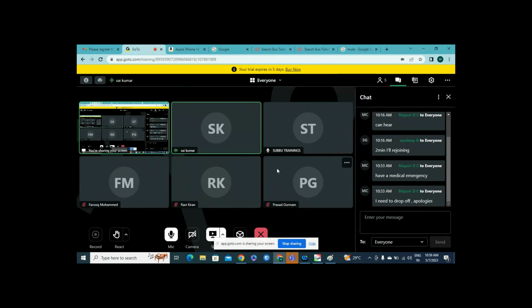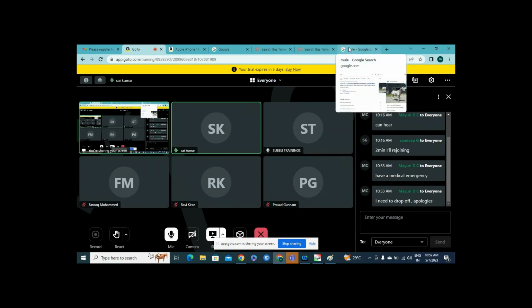So up to 2033, no one can beat MuleSoft. This is my guarantee. In some worst cases, minimum it will take 7 hours. Okay, sorry, not 7 hours, 7 years. So this is what we are confident about, and nowadays no one beats MuleSoft. So this is all about MuleSoft.